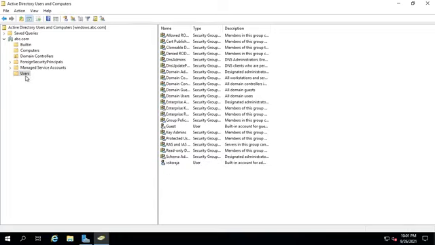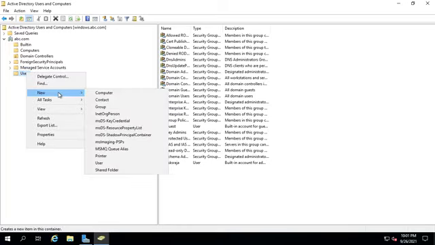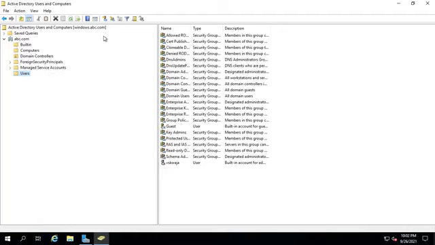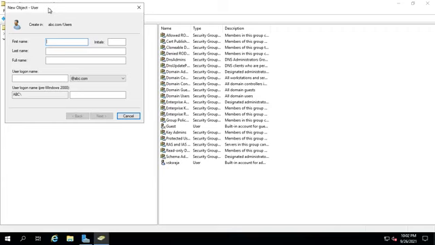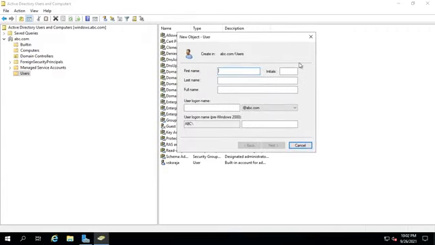And now how to create one user in Active Directory Users and Computers? Click Users and right click, New, and there are many things like computer, group. Go to User. Otherwise, if you want to create a user, click this icon. So this is a user object.